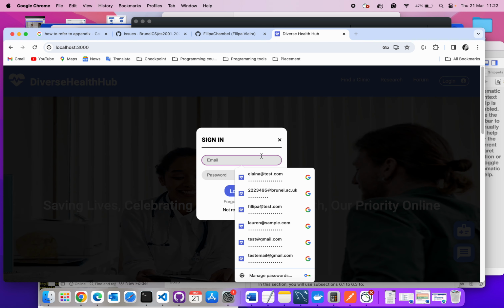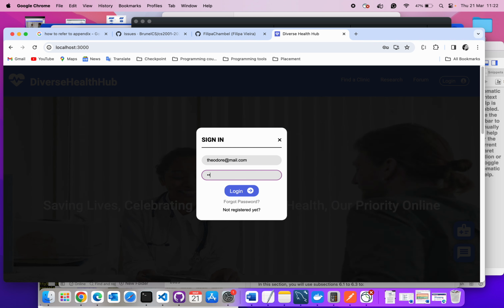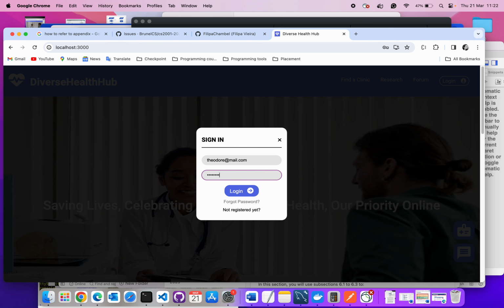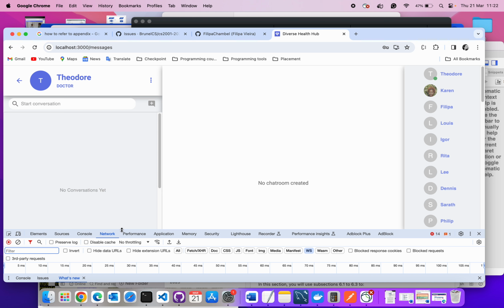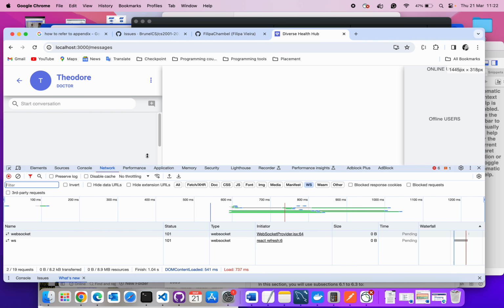Let's log in as Theodore. Yeah, and this is not my page. Let's go to my section, and here it is. And if we inspect also, we can check the network and the WebSockets. And so, for example, we can see as well